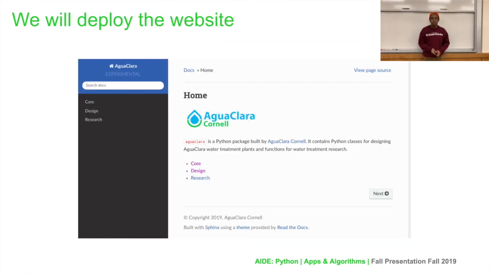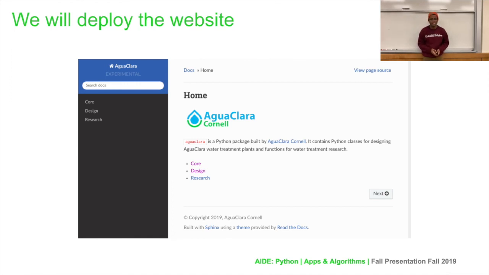Now, we'll also be working on deploying the website for AIDE. As you can see here, we have a snippet of our homepage, and it says experimental there. The whole point of this website is to talk about the design code that we work on for AIDE, but also the research side from Research IT. Here we have snippets on how to make your own plant component for your own water treatment plant, but also how to use each component, in the way that, say, NumPy documents all of its functions and all